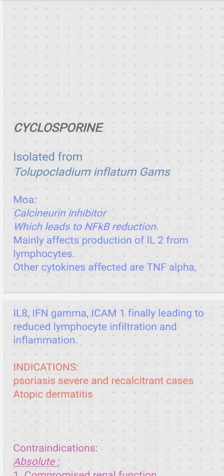Indications from a dermatological point of view: there are two main indications, which have been US FDA approved. These are psoriasis and atopic dermatitis. In psoriasis, we do not use it as a first line of management, mostly in severe and recalcitrant cases. There are other indications where we use cyclosporine in later stages whenever the disease is not